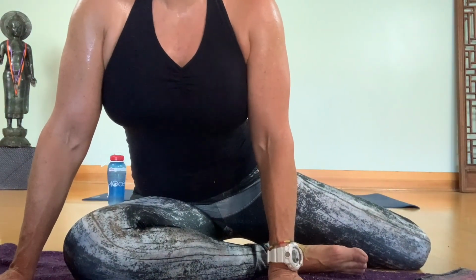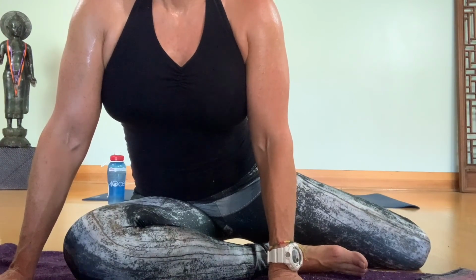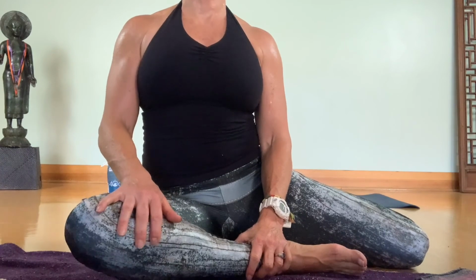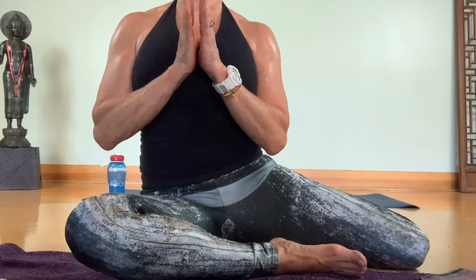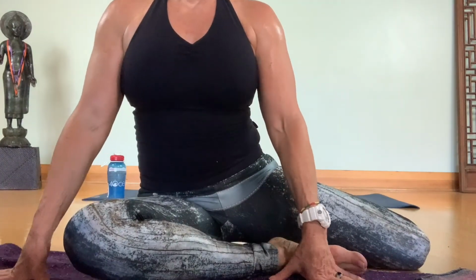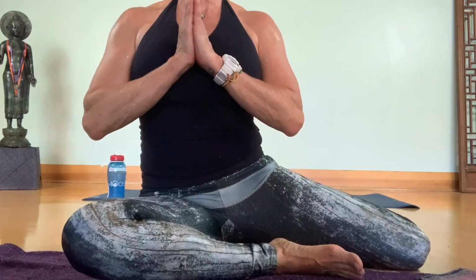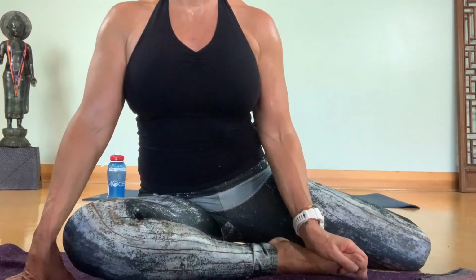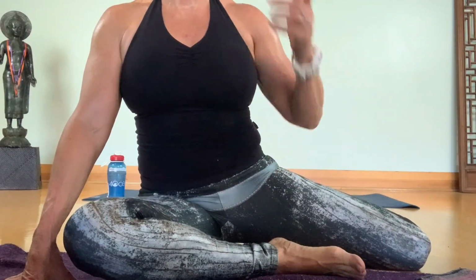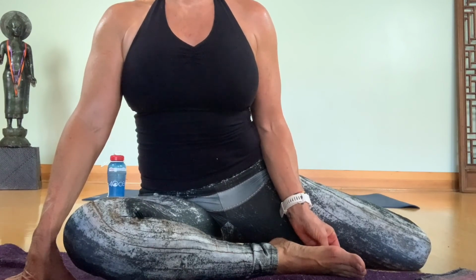Roll over to your right side. And then come to a seated position. Hands at heart center. And close your eyes if they're not closed for just a minute. And as we're ending this position, in this seated position, with your eyes closed, what's the first thing that floats up into your consciousness, your thinking, what you're cognizant of? And is it